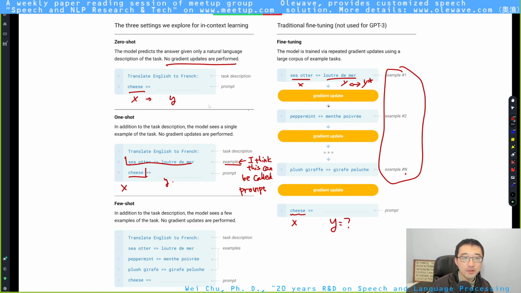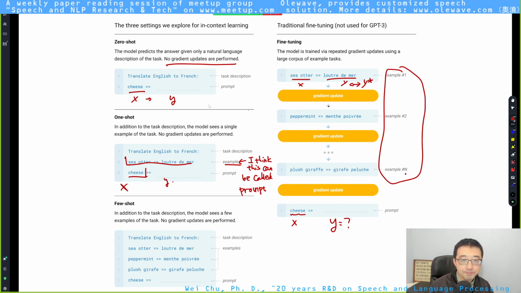So the model you train for one shot is the same as the model you train for zero shot. That's my understanding. During the training stage, you have this type of prompted input, and then the system knows how to generate the output based on the prompt you give it. And this is, I think, how the one-shot thing works.